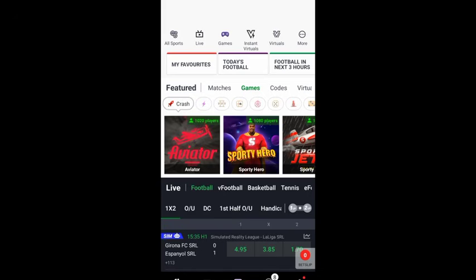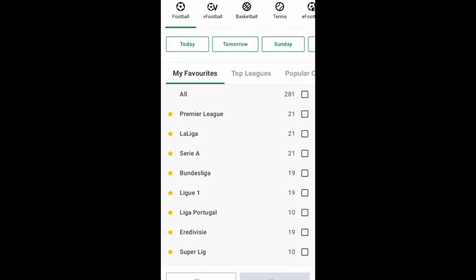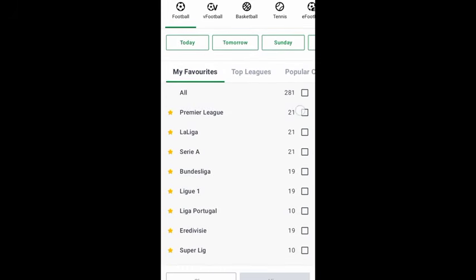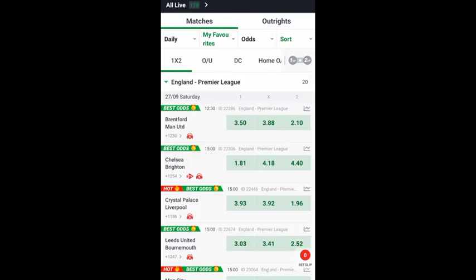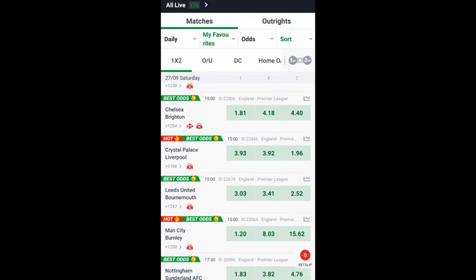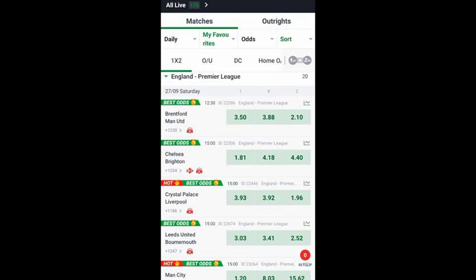For example, I'll come over here to all sports for me to demonstrate how you'll be able to do this. Let's just say the Premier League, for example. I'll click on Premier League. Once you come over to the Premier League, if I want to play the under corner, all I have to do is find games that have similar strength, because once they have similar strength, that pressure will neutralize.